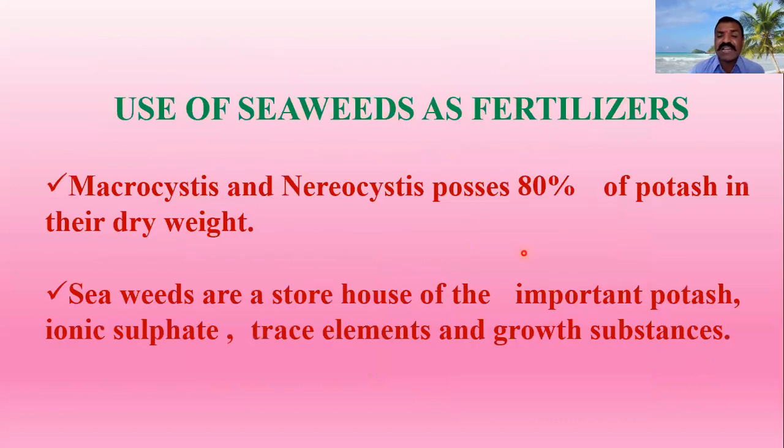So these are all, along with food and minerals. These seaweeds, especially Phaeophyceae members, are also used as fertilizers for the development of plants. Macrocystis and Nereocystis possess 80% of the potash in their dry weights. In artificial fertilizers we have NPK: urea, potassium and super phosphate. Instead of those, if we use these, 80% of the potash is absorbed in the dry weight of the Macrocystis and Nereocystis. Seaweeds are the storehouse of important potash, ionic sulfate, and trace elements like nitrogen, phosphorus, and potassium. And also growth substances like auxins and gibberellins,